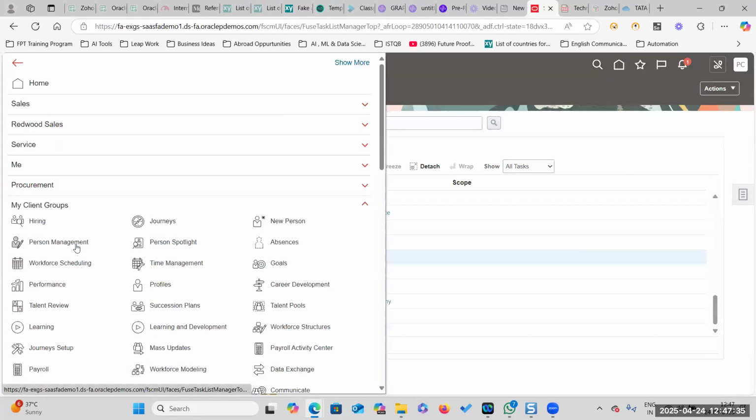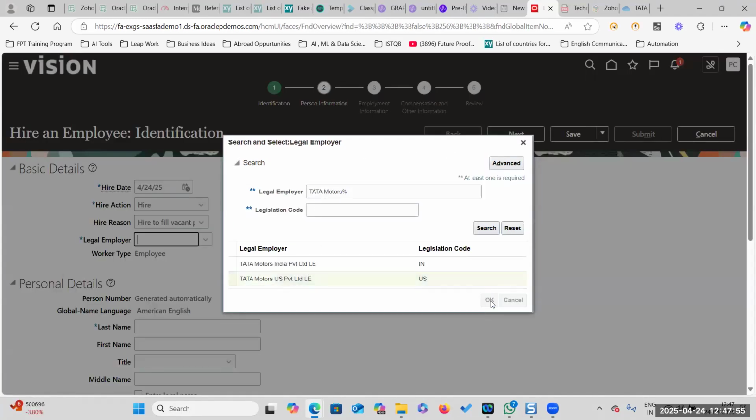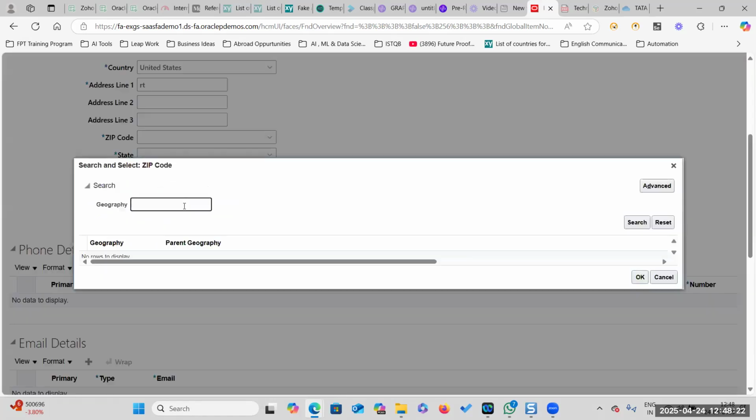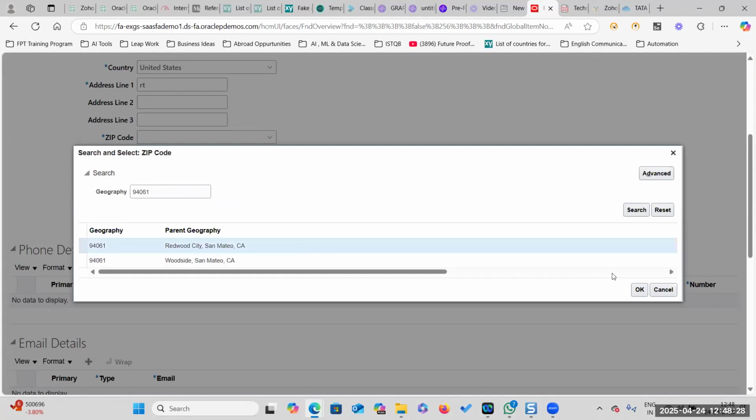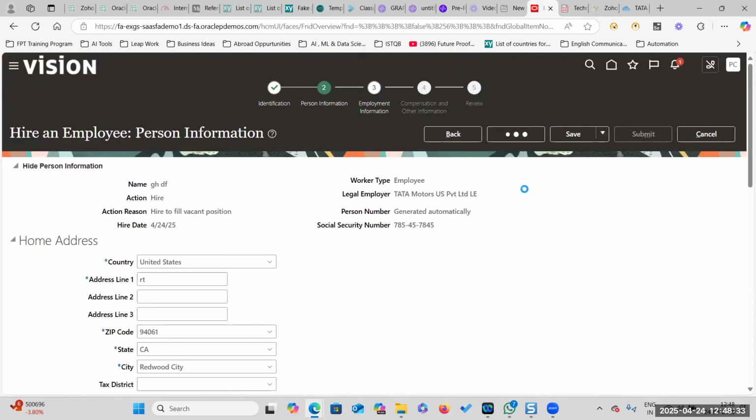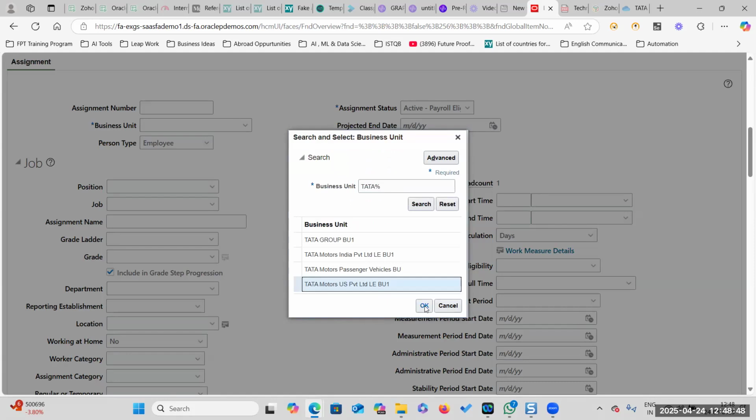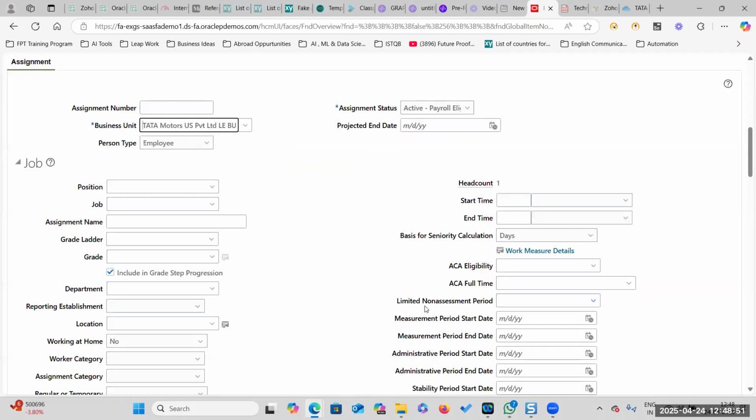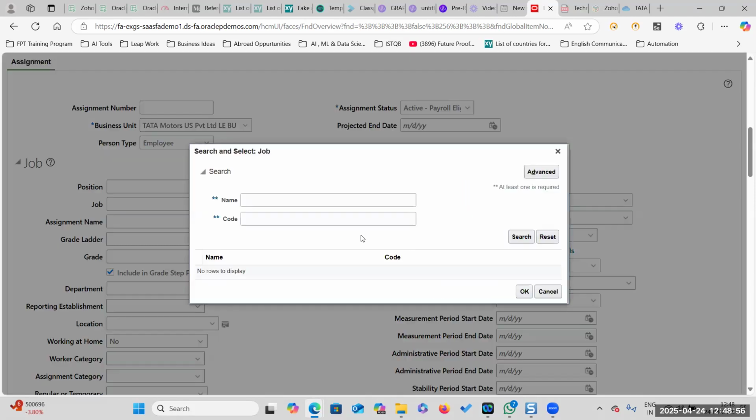Now I will hire an employee. Automotive CVS Private Limited. Click on next. 94061. Click on next. LDG. Okay. And here, if I want to select a TCS job, TCS underscore software engineer, right? It won't display